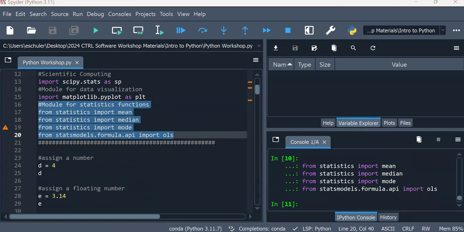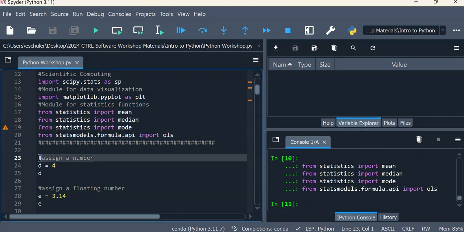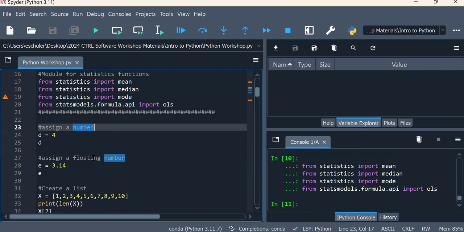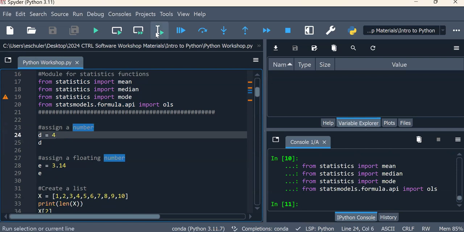So as I said before, everything with a pound symbol is going to be the start of a comment. This is really helpful if you're first learning, make sure you put lots of annotations in there. Whenever I work on different projects, I always make sure I annotate it heavily. That way, if I open it up a couple weeks from then or longer, I have reminders to myself of what I was doing. So I can go ahead and assign an object called D,